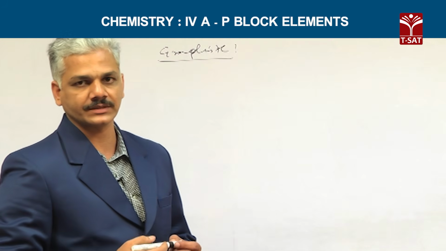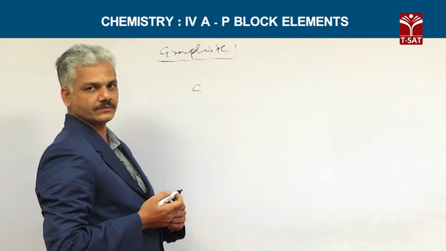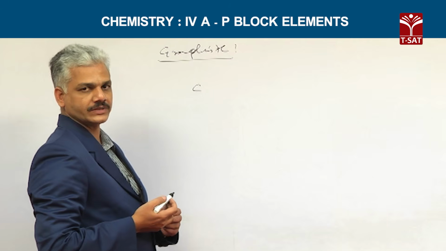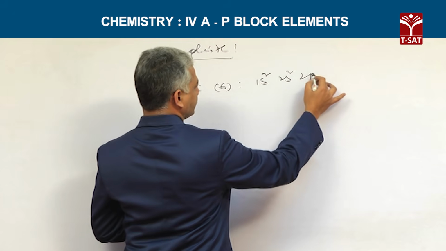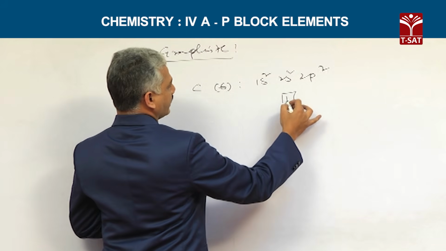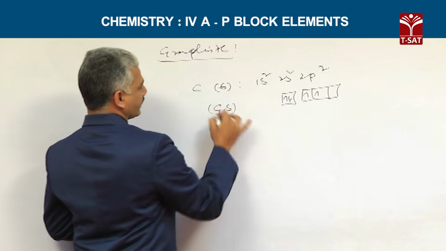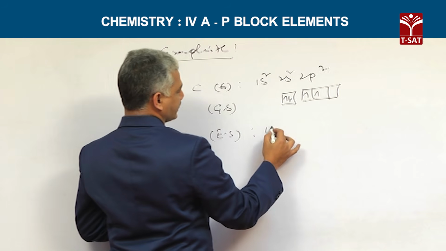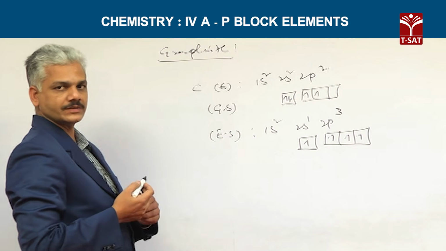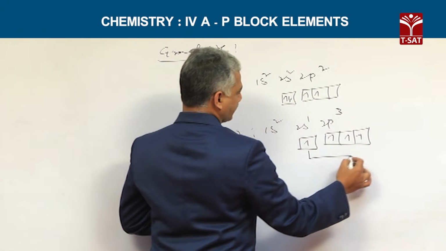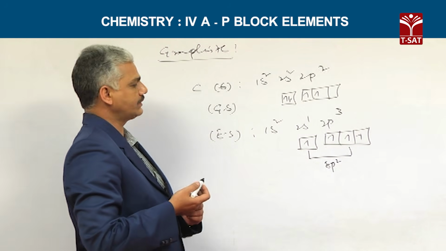Structure of graphite. In graphite, each carbon atom undergoes sp2 type of hybridization in the first excited state. The ground state electronic configuration of carbon is 1s2, 2s2, 2p2. Arrangement of valency electrons can be indicated like this, and the configuration in the excited state is 1s2, 2s1, 2p3. After the process of excitation, sp2 hybridization takes place due to the combination of one 2s orbital and two 2p